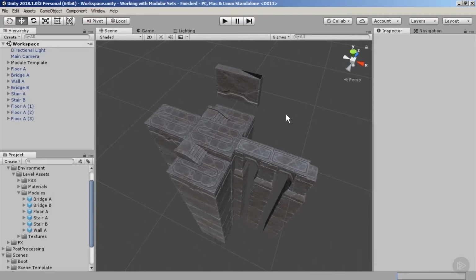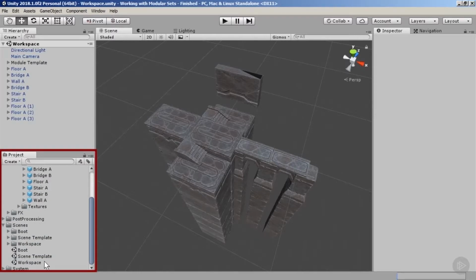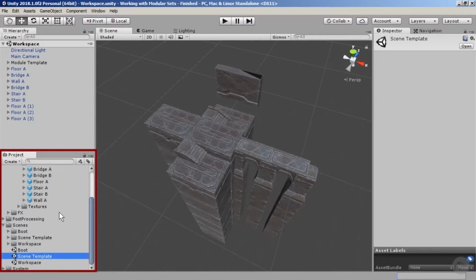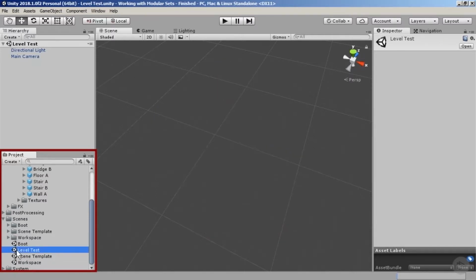So what we need to do here is make sure that we save our workspace scene. So just make sure this is saved, and then we're going to create a new scene here for building in. So let's go to our project here. We're going to duplicate our scene template, and then let's rename this to level test, and double click to open